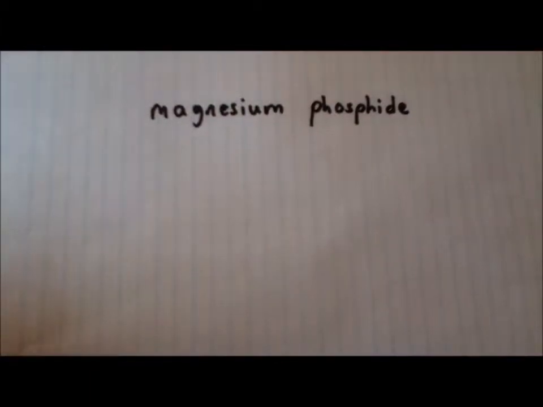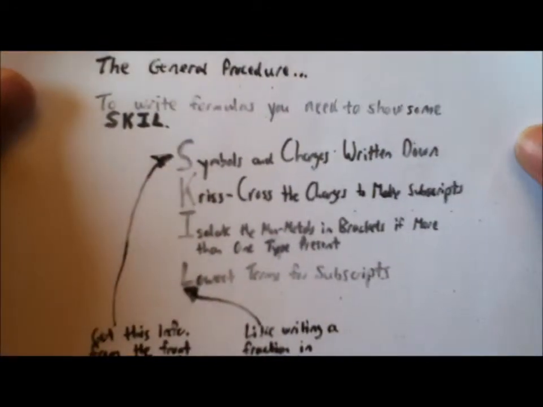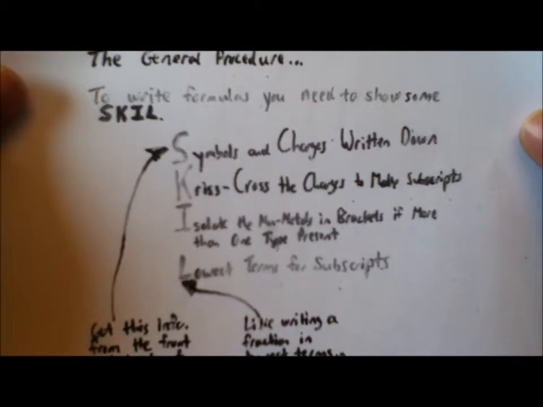Okay, this is the first video, writing formulas for ionic and polyatomic compounds, and we're just going to go through three examples, for you to get a general sense of how to go about doing this. First thing I want to direct you to, though, is your note, where it talks about the general procedure of